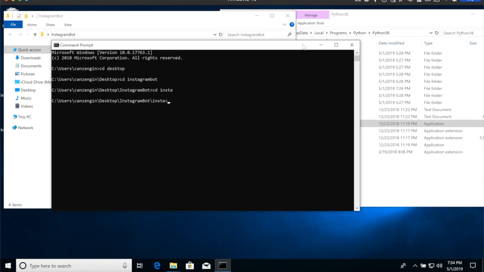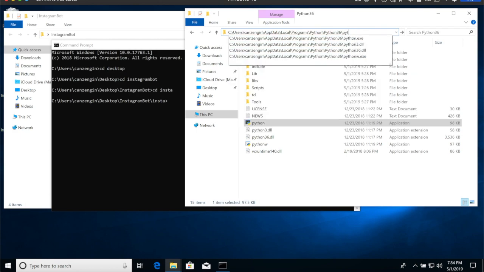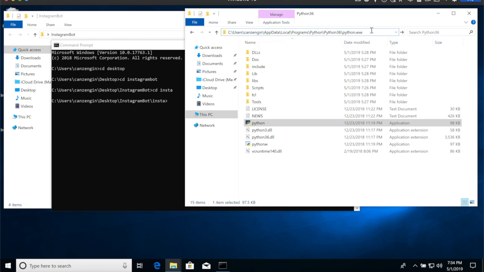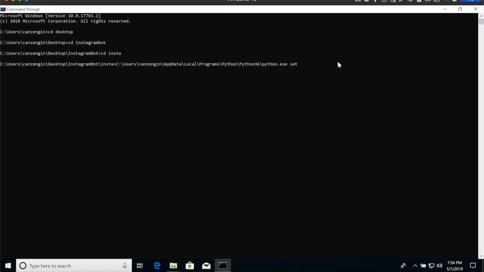and install. So python path on Windows, it should be this, and you need to add / and python.exe. So this is your Python path, and I'm going to copy the Python path and paste it in here, and I'm going to type setup.py and install. It is going to install every module you need. So I'm going to press enter,